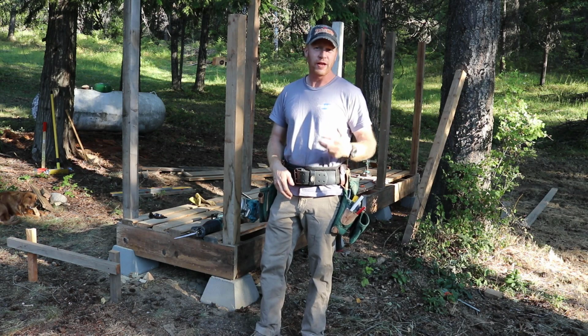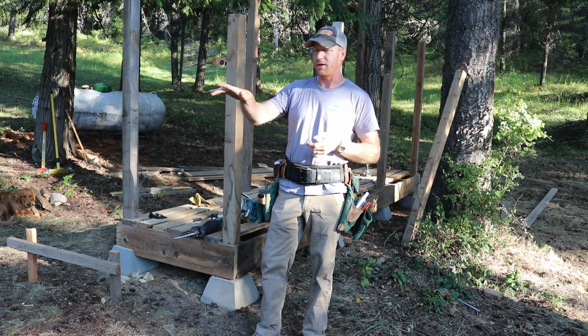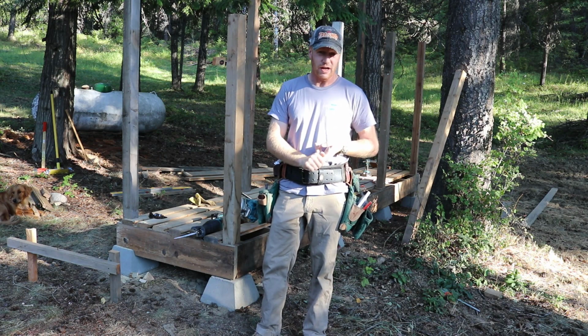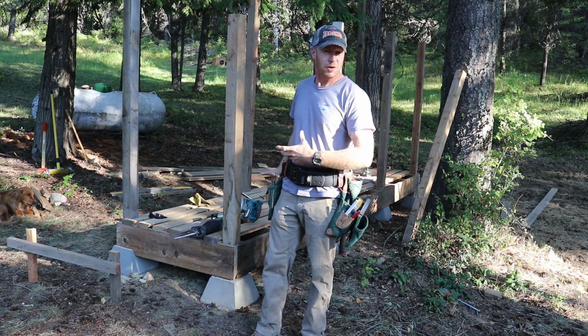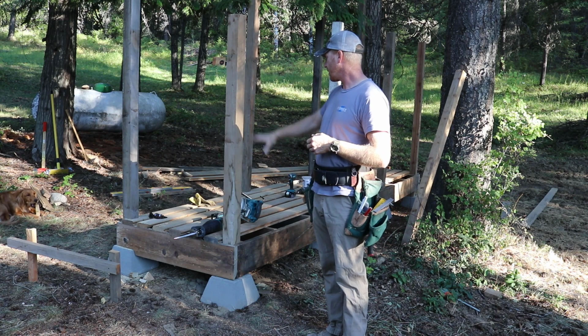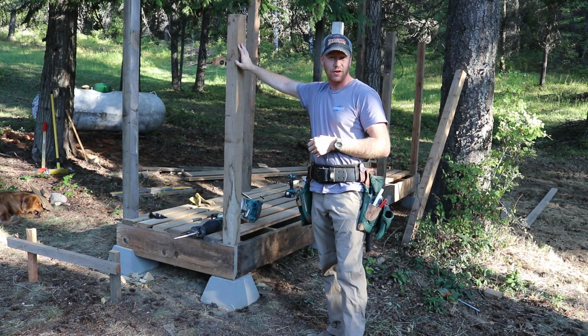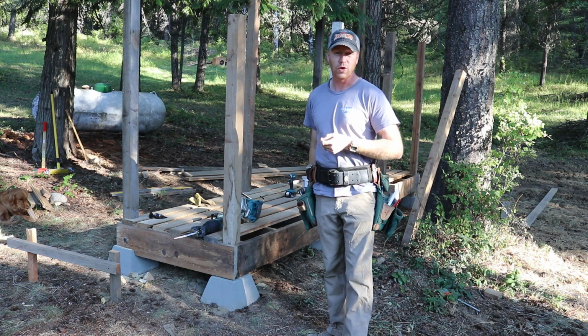It is the morning of day 3 that we've been working on this project. Our first day we dug out a lot of materials. We went and got some materials and we kind of figured out the general theme of our firewood enclosure cover. Second day we got our deck and our posts installed. We've got a little bit more to finish up on the deck, and then we will work on the roof